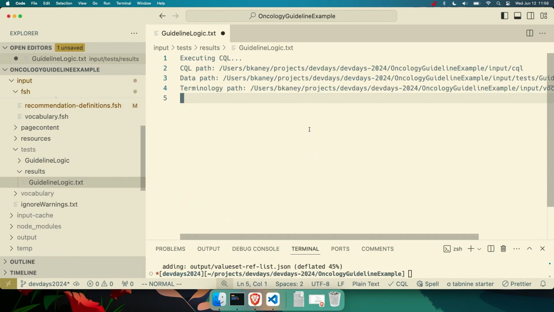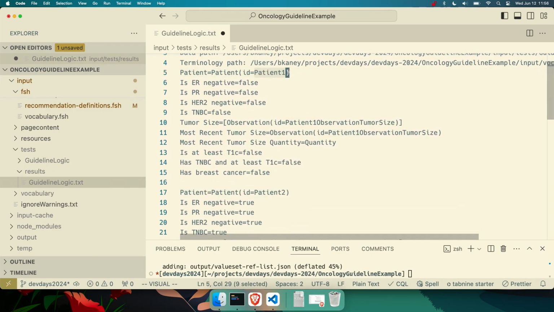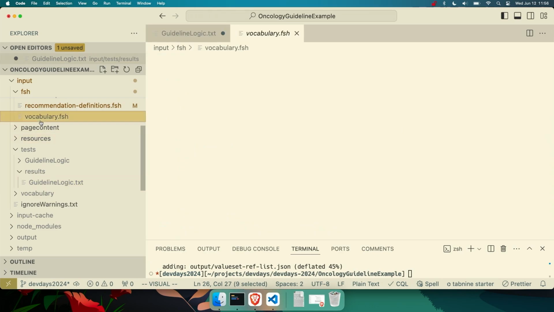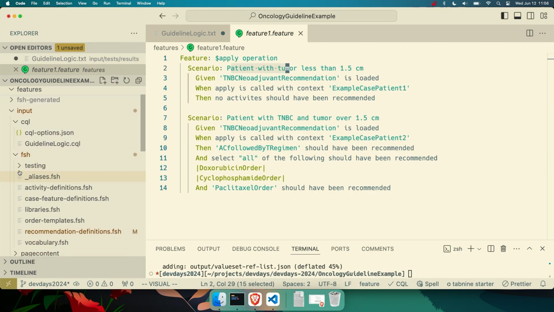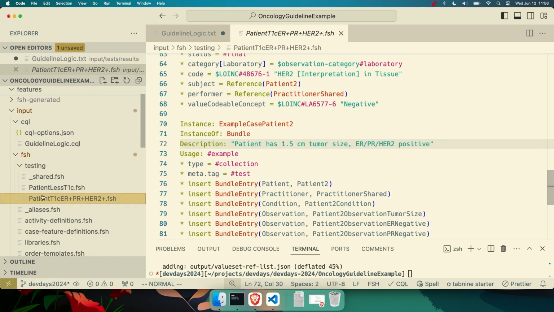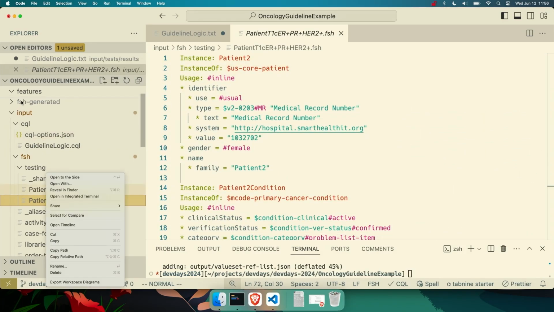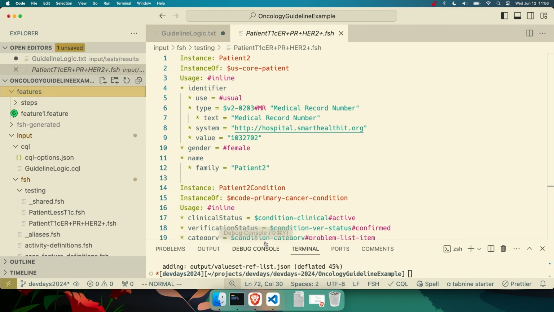I can execute the CQL right in the tool, and I can see I have a patient test case that is false, and a patient test case here that is true. And if I look at my feature tests, I'm reusing that same idea. The test cases themselves, we wrote in FHIR Shorthand, and they're just patient bundles that have patients with various different conditions. And when I run my test thing, which I need to,